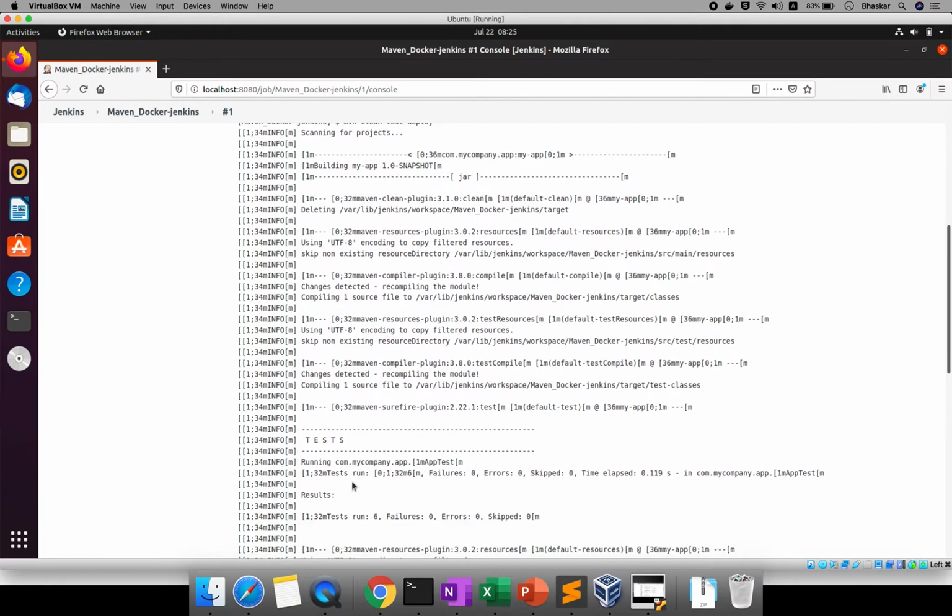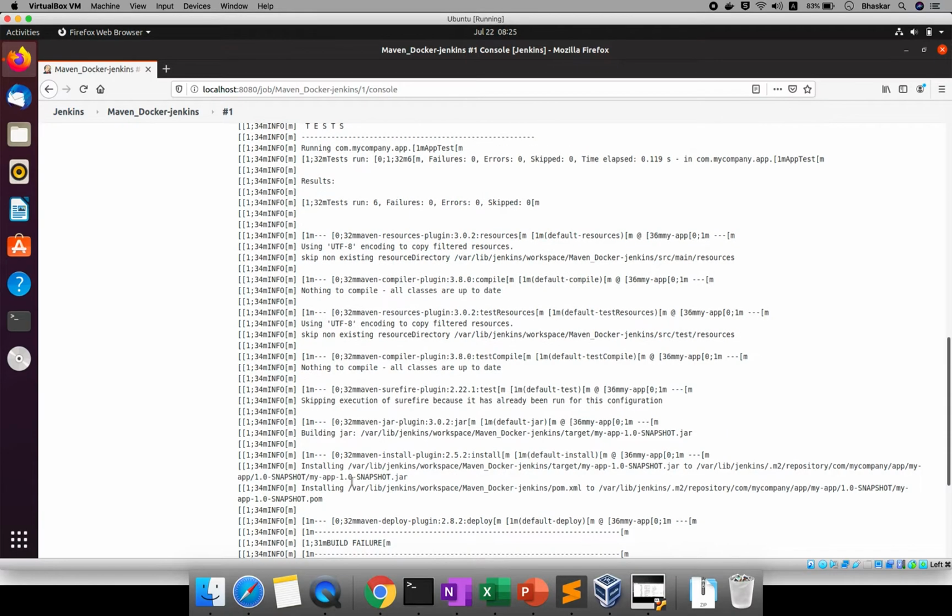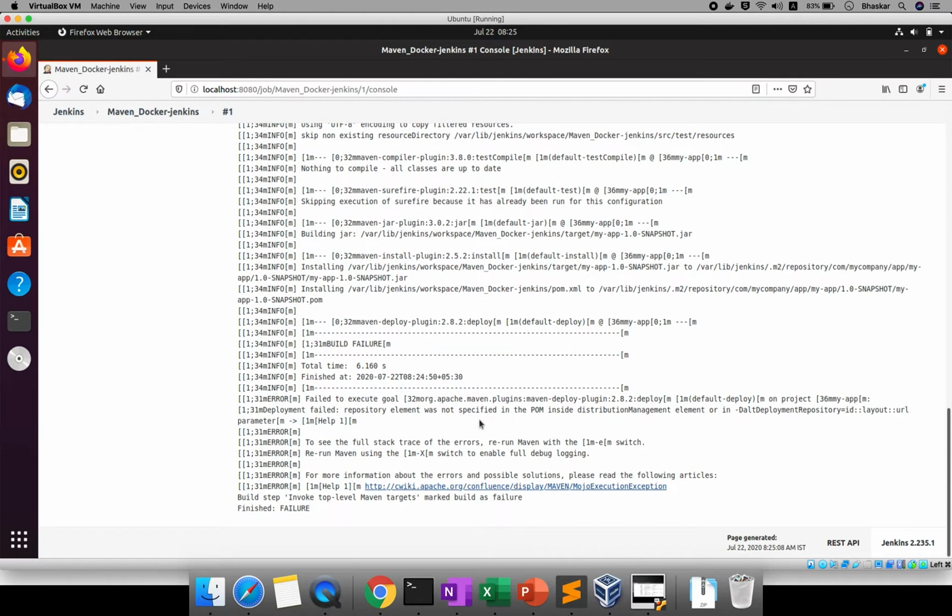Okay, I run my command. App test is run. Test cases, build failure. What is it saying? Failed to execute the goal on project. Repository element was not specified in the POM inside distributed element layout URL parameter. Invoke top level Maven targets. Okay, I think we made a mistake in some configuration.